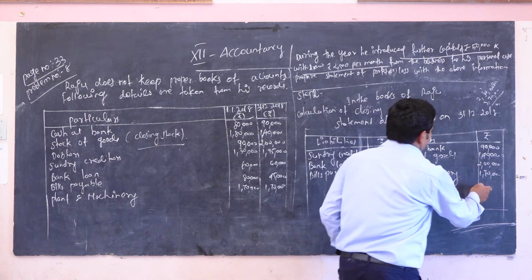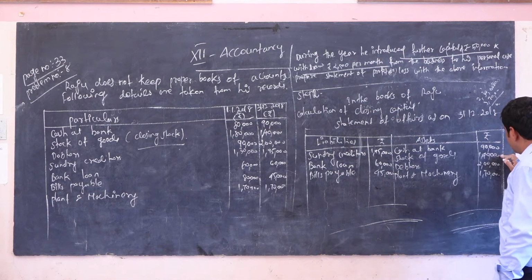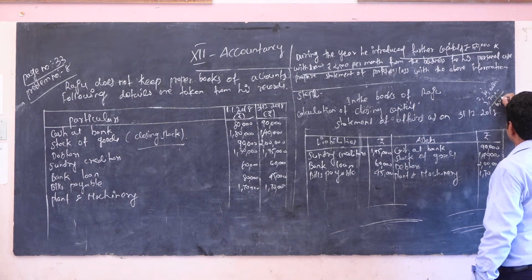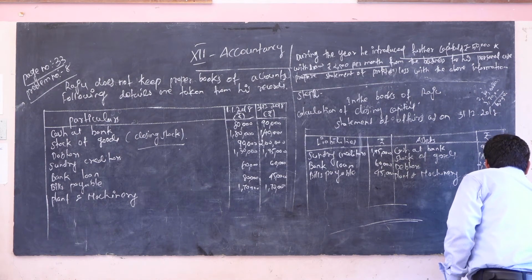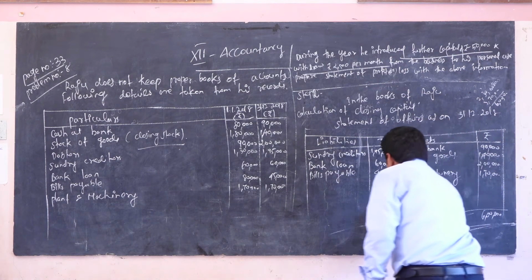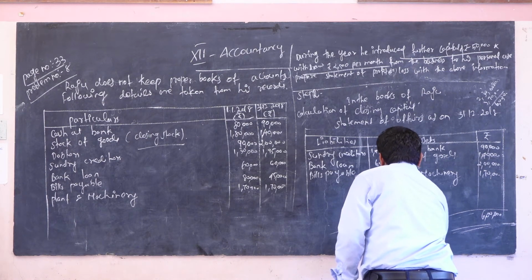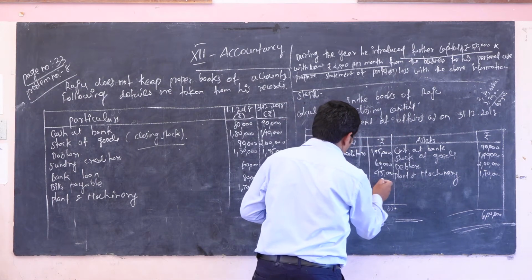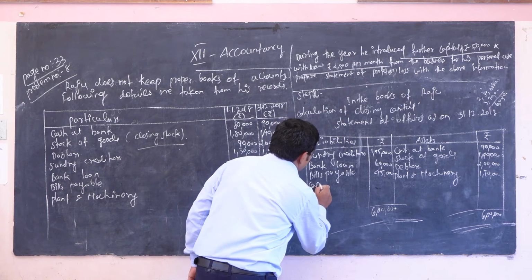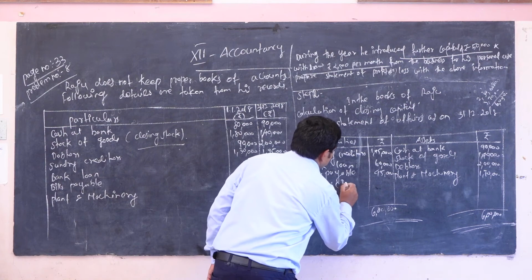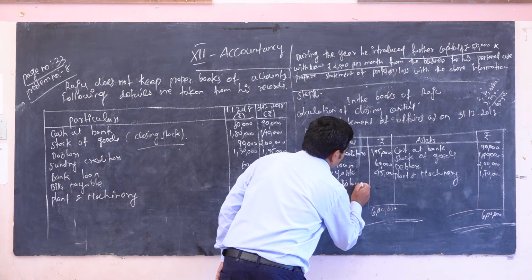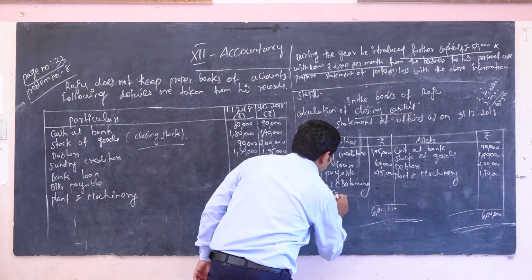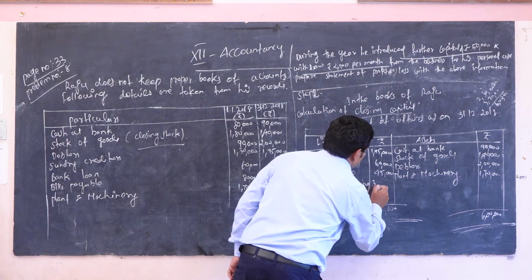So here total amount 1,90,000, then 2,30,000, then 2,70,000. So actually totally 6 lakh. Here also we have to put 6 lakh. So the total amount is 3 lakh, so the balance amount is also 3 lakh. That is called balancing figure, that is called closing capital. Okay, 3 lakh.